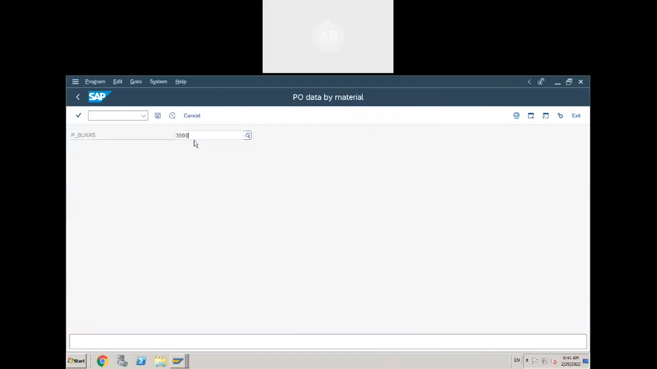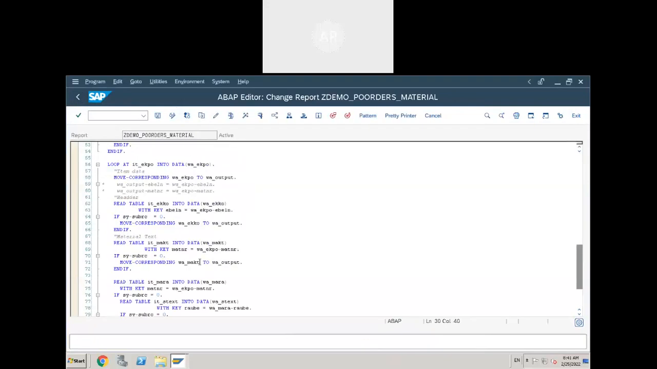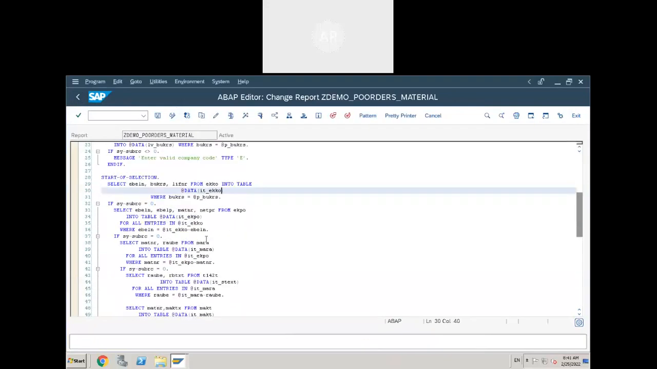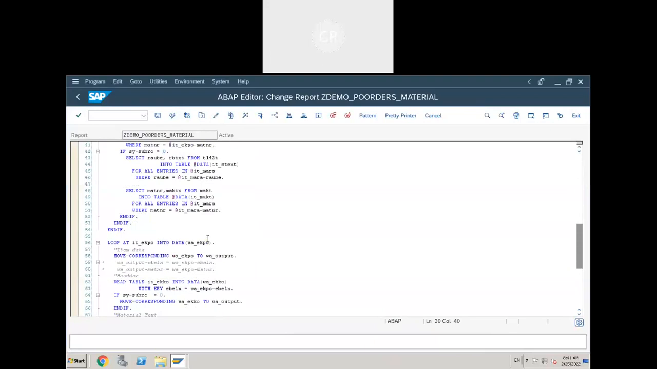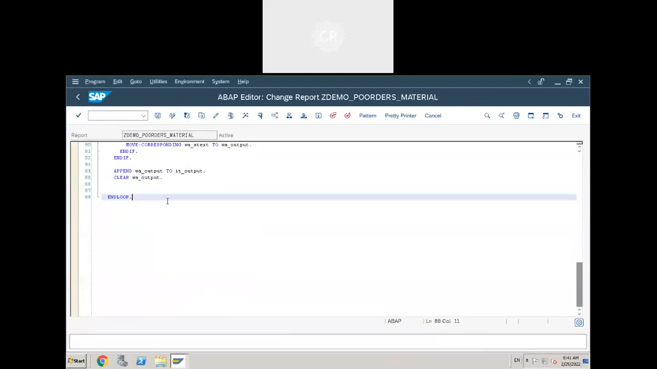Select company code 3000 and execute. So why is there no data? Why is there no output? Why is it not displaying anything? Can't display the output, sir. But because we are not